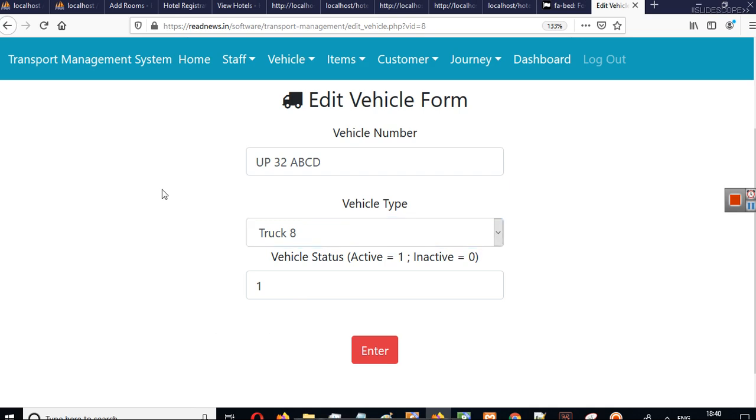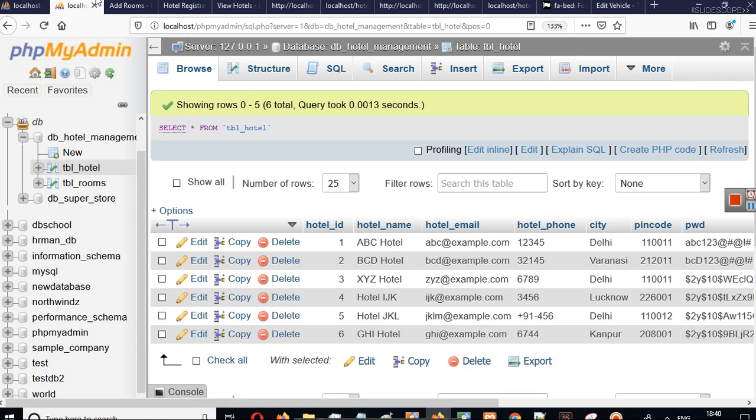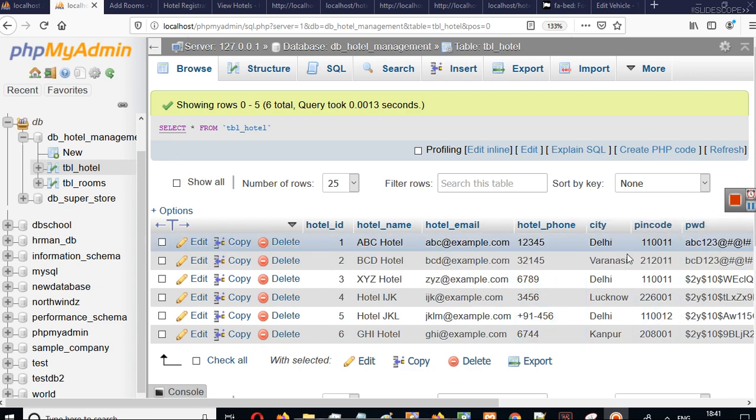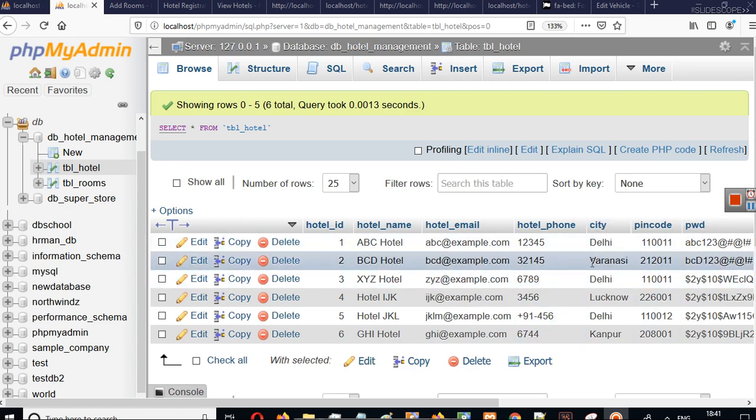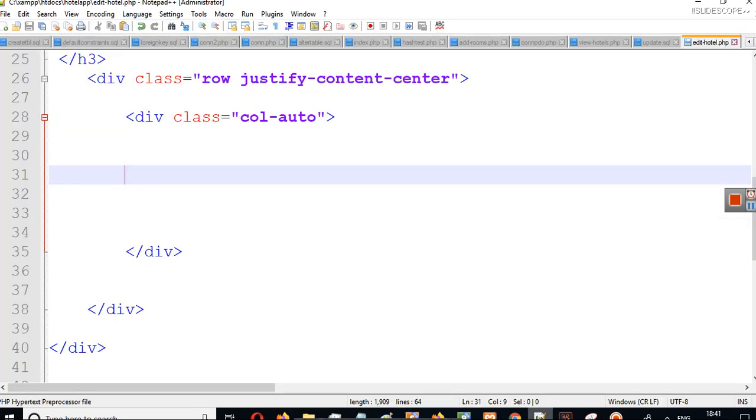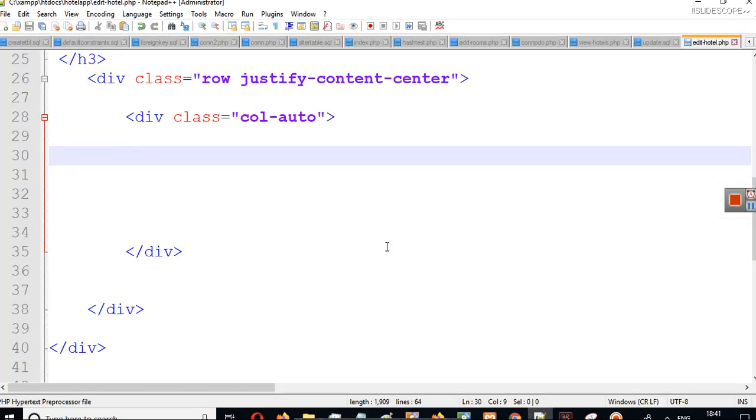Now, because it's a demonstration, just for demonstration I will give them options to edit their hotel name, hotel phone, city, and so on. I will give them options to edit some details. So I will give them options to change their name, email, and phone. Let's say pin code and city. You can create it for pin code and city, and also for all other types of values. I am just creating a demonstration here. I am just teaching you.